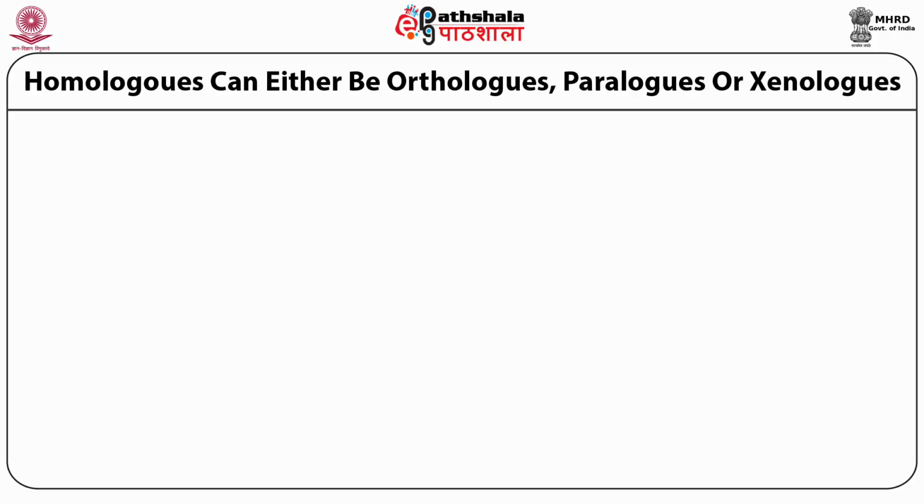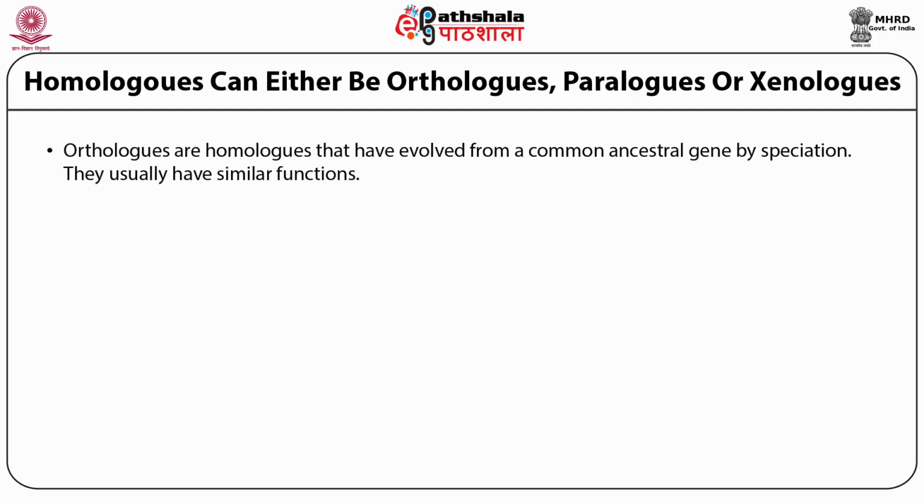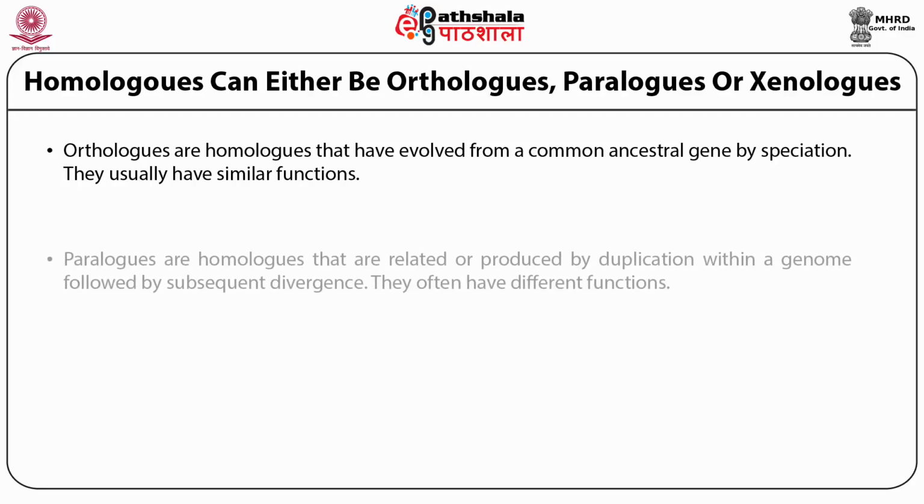So what are the orthologues? The orthologues are those homologues that have evolved from a common ancestor gene by speciation, and they usually have similar function. However, the paralogues are the homologues that are related or produced by duplication within a genome followed by subsequent divergence. They often have different gene functions. So the basic difference between orthologues and paralogues is that the orthologues have similar function, however the paralogues have